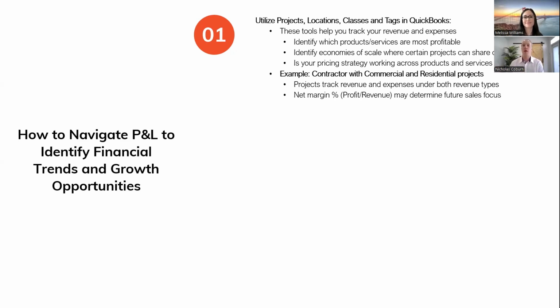But when you think about the timeline of that commercial project, the labor, maybe you're talking about multiple cities, or you need to go build a drugstore in multiple cities and you're sending people on location, there's cost overruns. Meanwhile, on the residential side, maybe you actually learn that if you've done 3 homes over a much shorter period of time, there is a lot more profitability there. So instead of trying to outbid someone for the commercial job, you're able to really track in QuickBooks that actually these projects are more profitable and we need to focus our attention there.